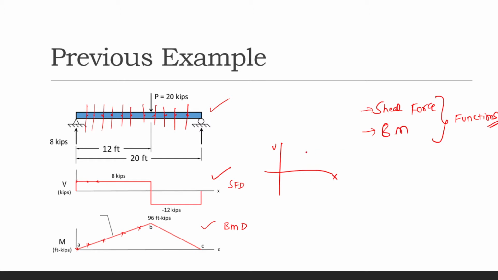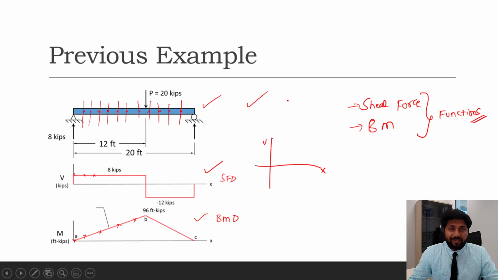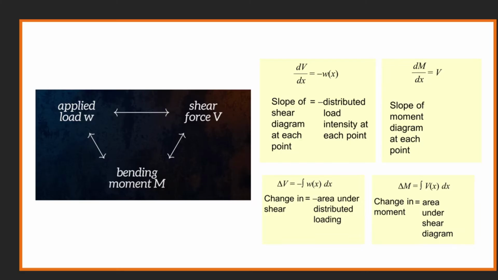Now, let us continue. So, this part is finished, and now you understand that we have done this, but you know why it's not sustainable and why we need to develop other ways of quickly finding out the shear force and moment functions, because this is really lengthy and we need something quicker to predict the shape.